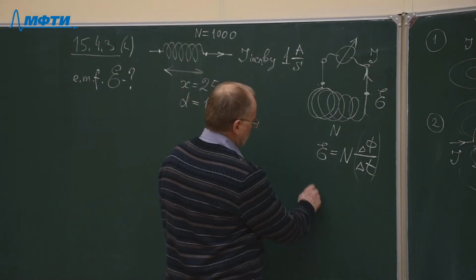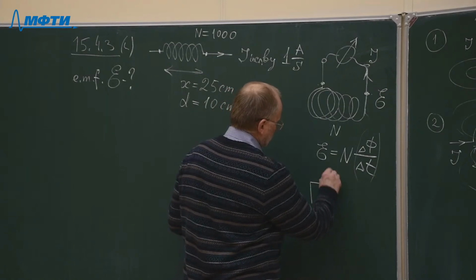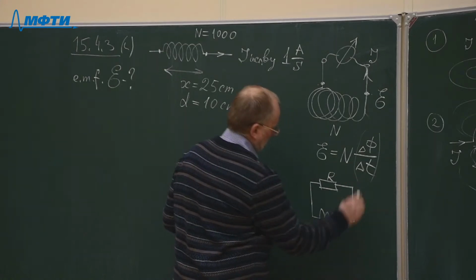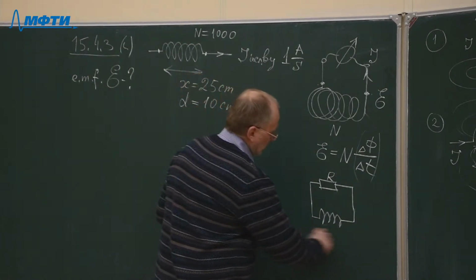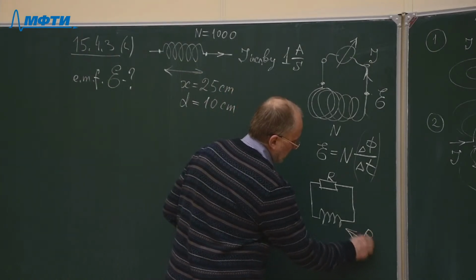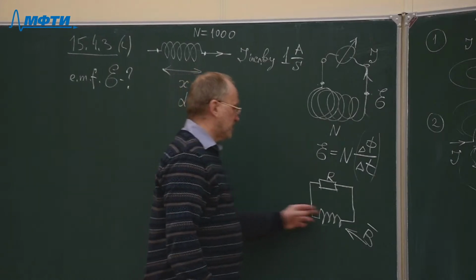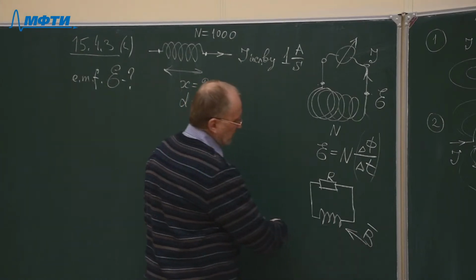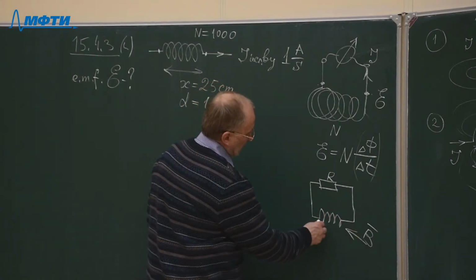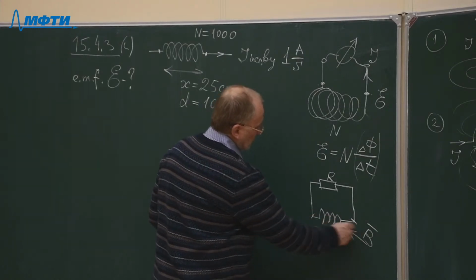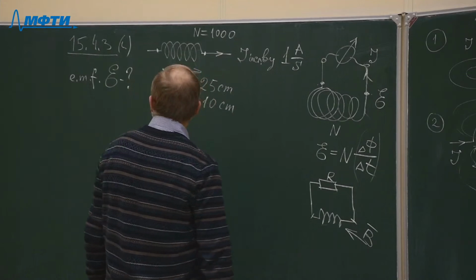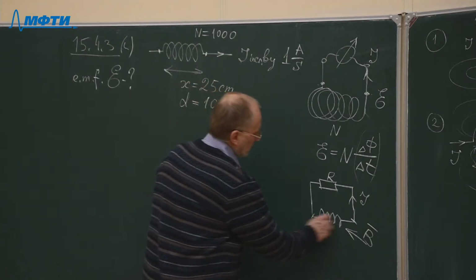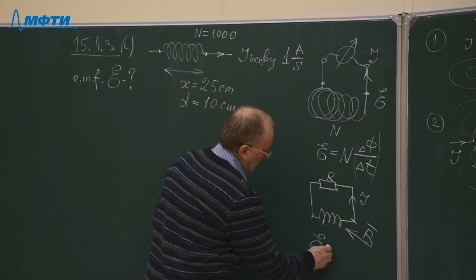Also, we can imagine such a situation that we have a resistance R and a solenoid here, and if there is a changing electromagnetic field which pierces this solenoid, it will cause the changing magnetic flux through the solenoid, and that will arrange for some electromagnetic induction and electromotive force, and the current will be here, and then the electromotive force E, which is measured in volts, will